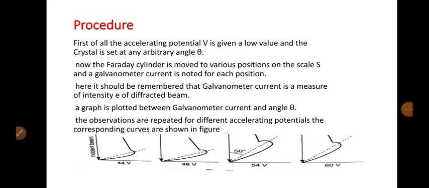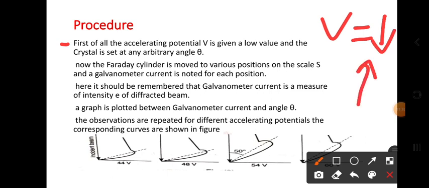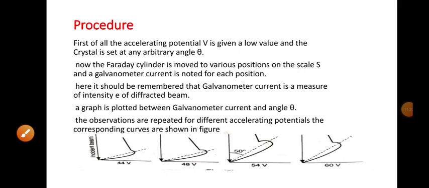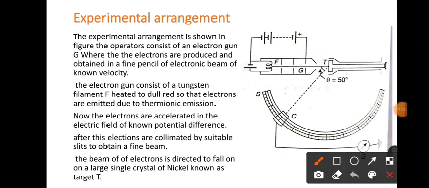Okay, and the next procedure. First of all, the accelerating potential V, generally potential is denoted by V, is given a low value. At the beginning we have to give a small value, meaning we slowly have to increase the potential. You know where we can change the potential; see the diagram. Here in the diagram we slowly increase the potential. The next,